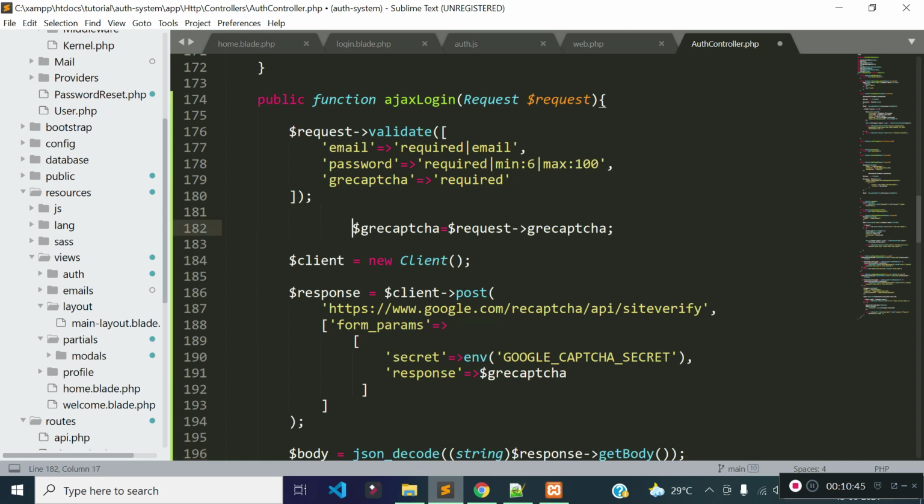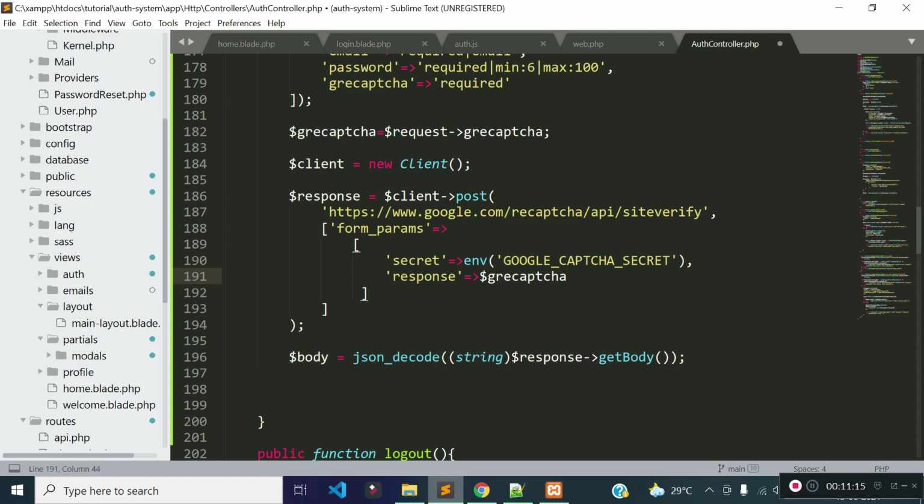I am storing the Google reCAPTCHA response in a variable, g-recaptcha, and then with the help of Guzzle HTTP, I am calling an API with the post method. This API is provided by the Google reCAPTCHA admin console; you can see my previous video for how we can get this URL. When calling this API URL, we pass the Google reCAPTCHA secret key and the response we want to check.